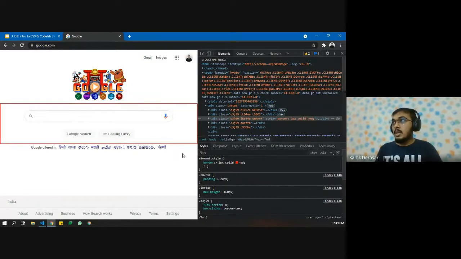Now, are you able to see the border on this HTML tag? Are you able to see that? A red color border? Okay.